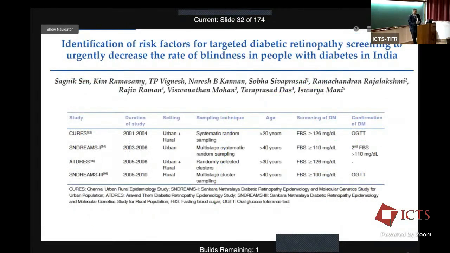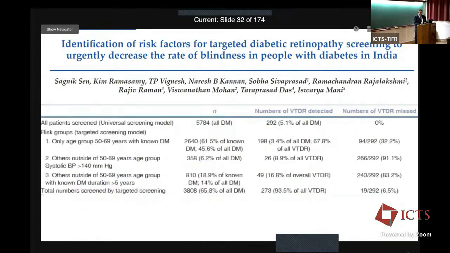With a similar approach, this was a work where we looked at all the population-based studies and tried to find out: can we do a targeted diabetic retinopathy screening based on the risk factors? And we did find that those who are hypertensive or have longer duration of diabetes, if we use these factors, we can do a more efficient, more targeted screening rather than looking at all the people